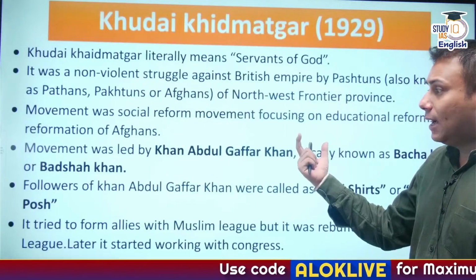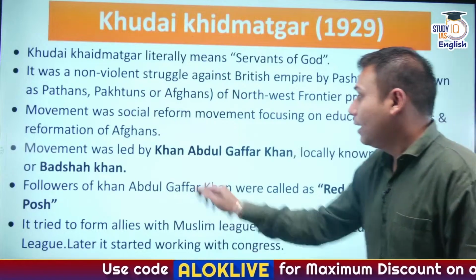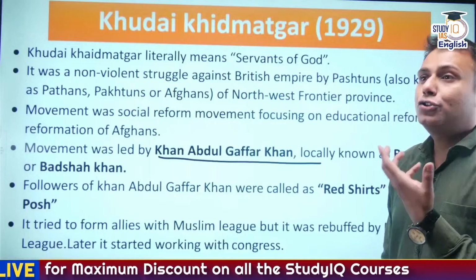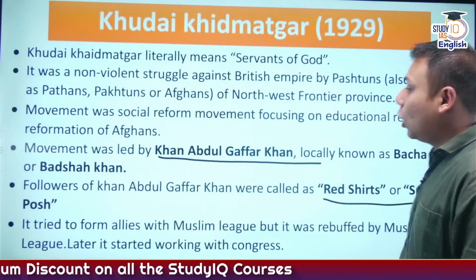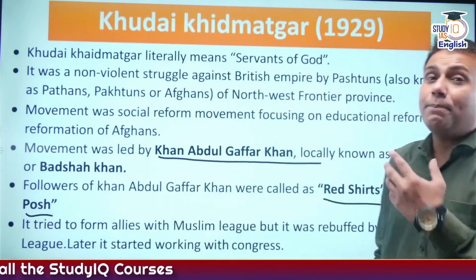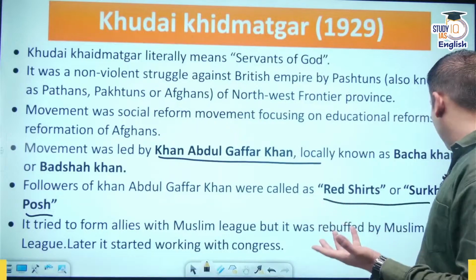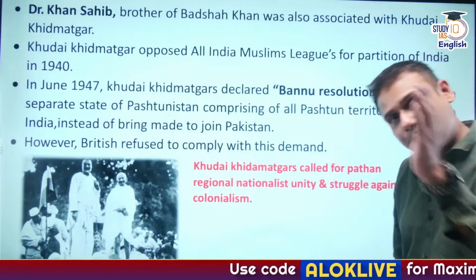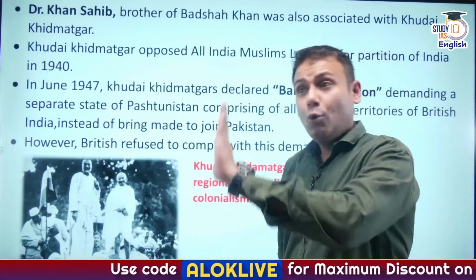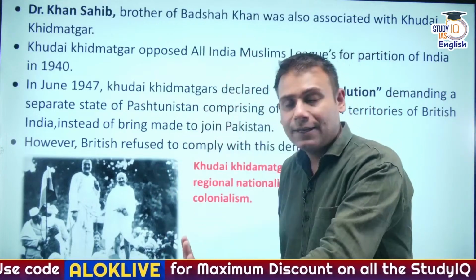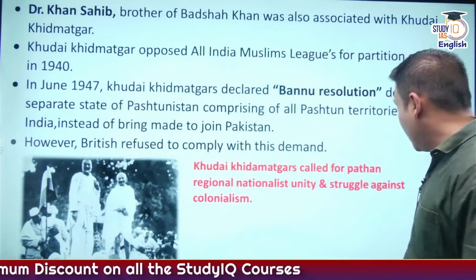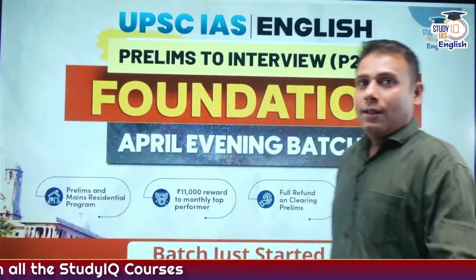And the Khudai Khidmatgars, as we have studied previously, Khan Abdul Ghaffar Khan, also referred to as red shirts or Surkposh. I repeat, red shirts or Surkposh. They also played a very pivotal role in the civil disobedience movement. So this is all about the Khudai Khidmatgars that we had discussed previously. We haven't skipped it. And the Muslim Nationalist Party. Hope the points are clear, guys. Things are clear?